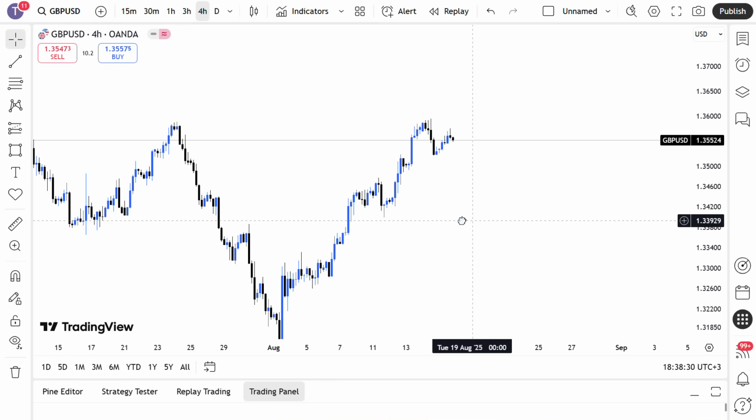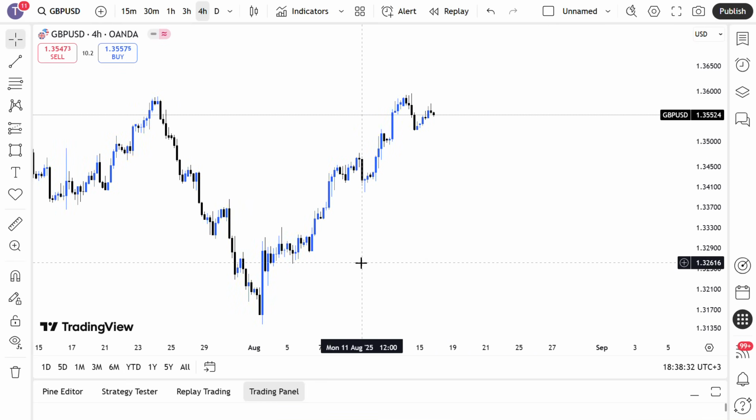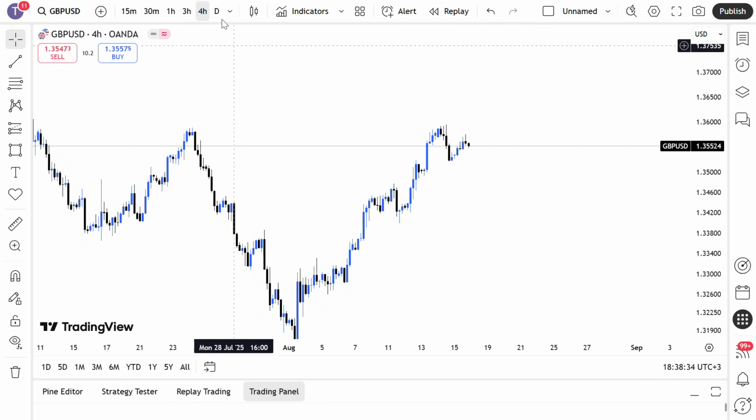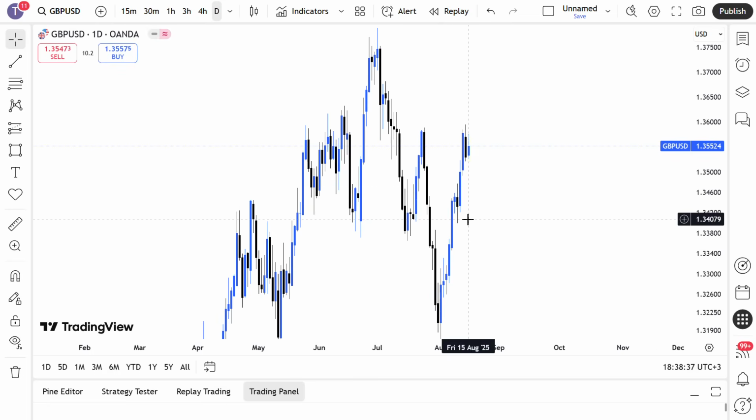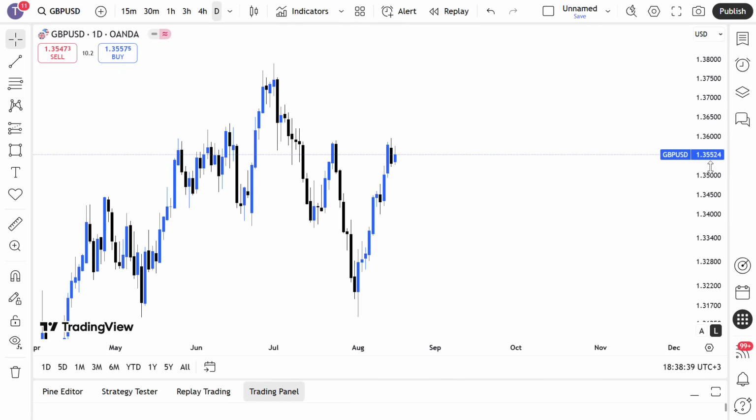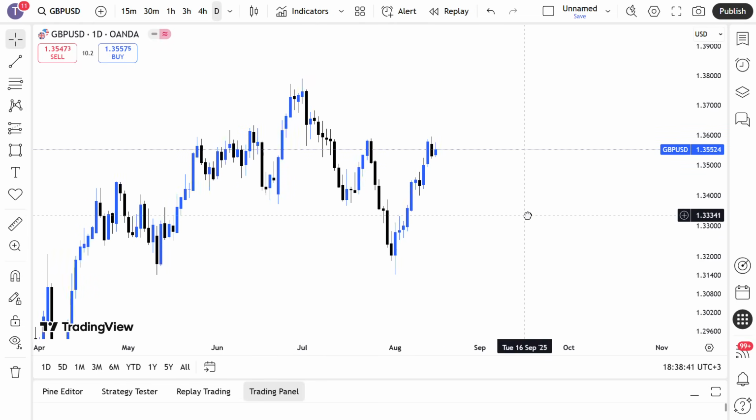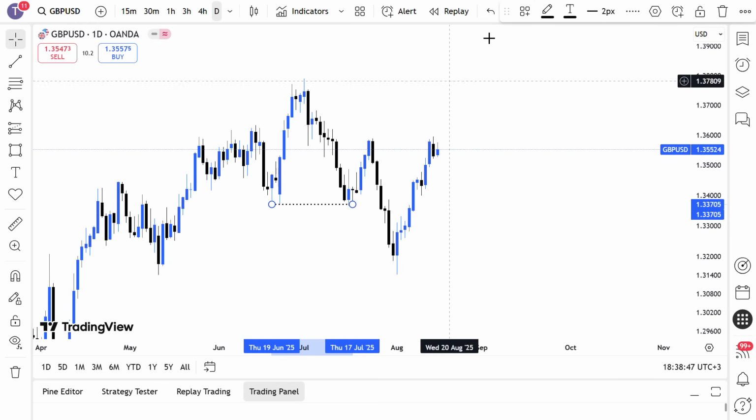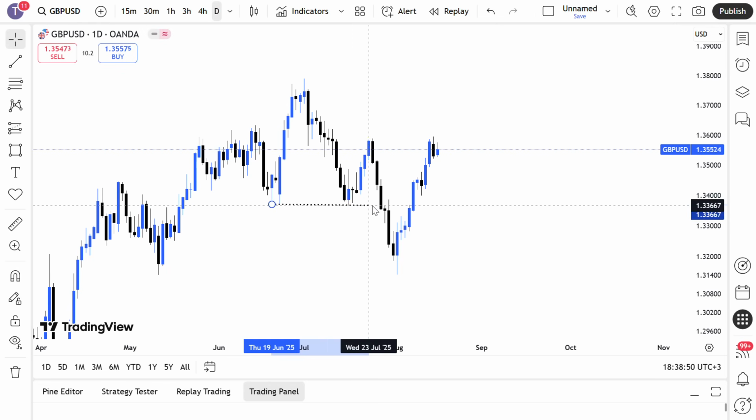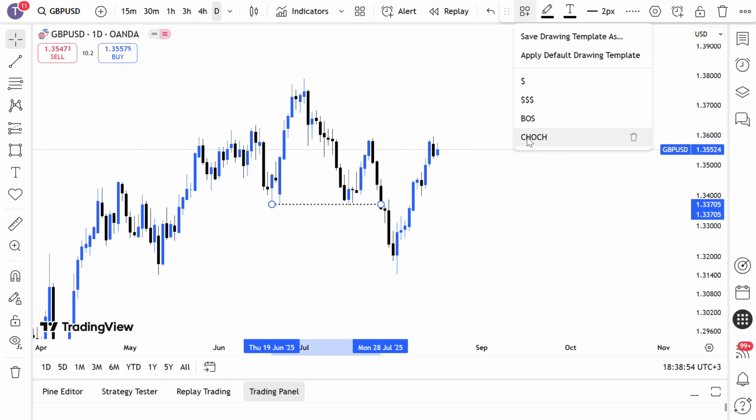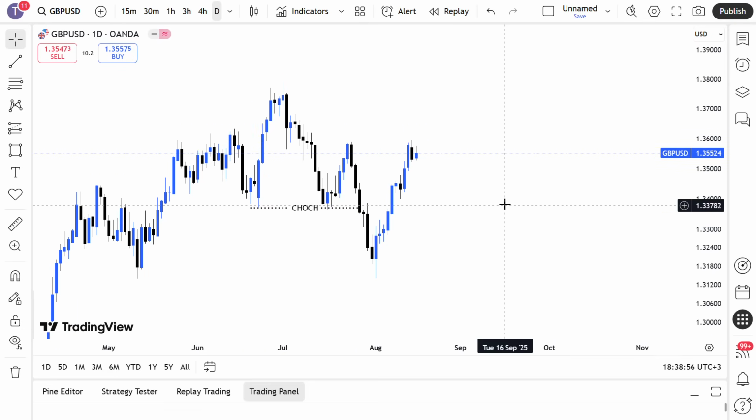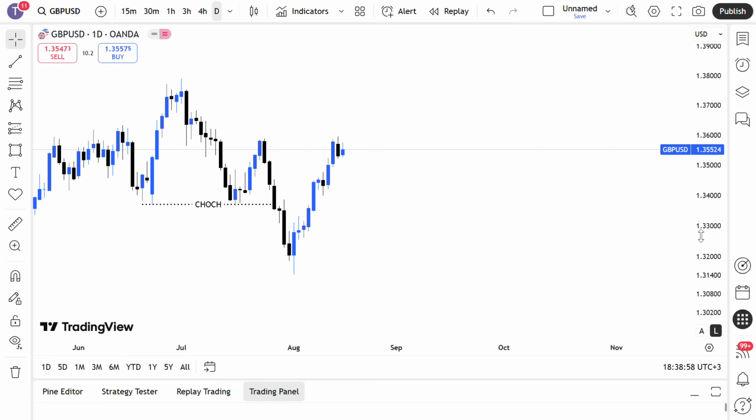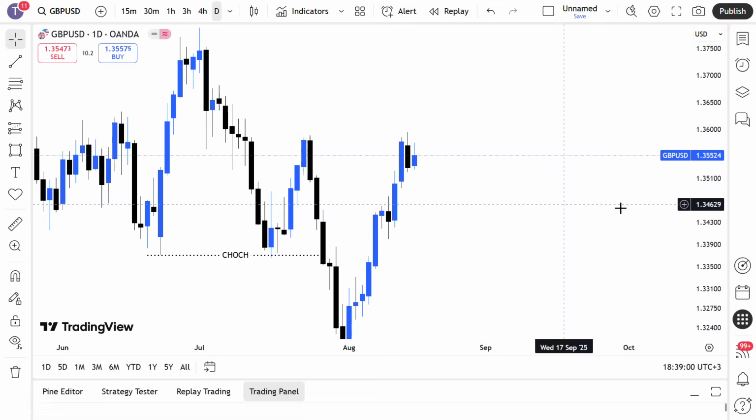So here I have GBPUSD. We will go straight to the daily time frame so that we can have a clear view of what GBPUSD is trying to do. We all know that we have this change of character, and this change of character is giving us a very good bias of how the market will be behaving. The change of character is here very clearly, and currently we see that price has swept this high's